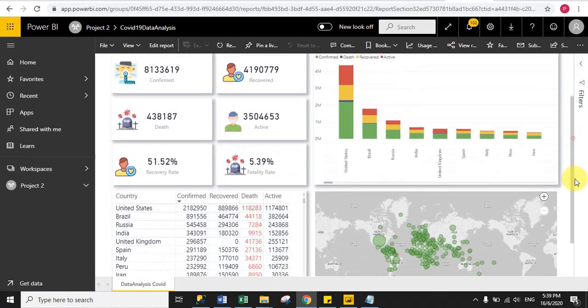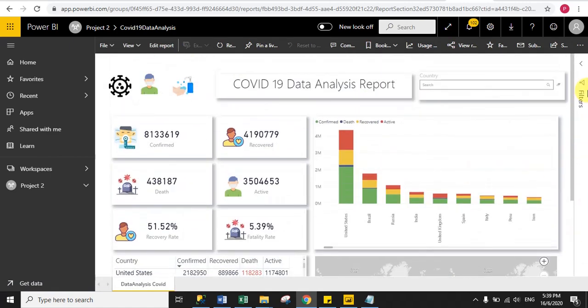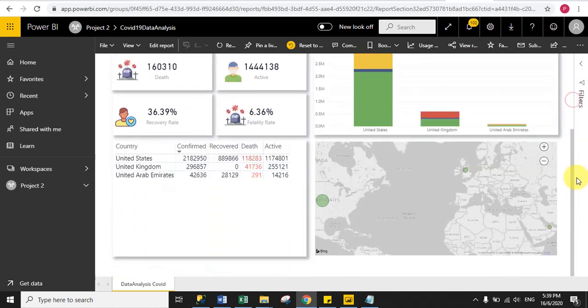Now I am able to see all visuals here, right? And also you can set the proper alignment. So you can see here I gave some space. You just set the proper alignment, right? And now I will search the country name. Suppose I select United, then I click the search icon. So you can see here it is showing me three countries, right? United States, United Kingdom, and United Arab Emirates, right?